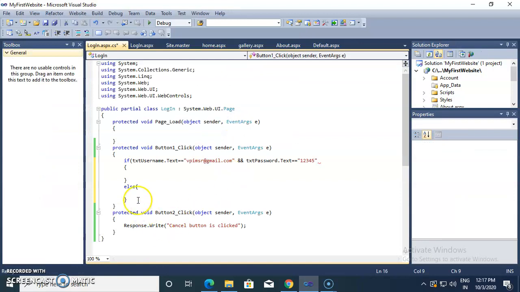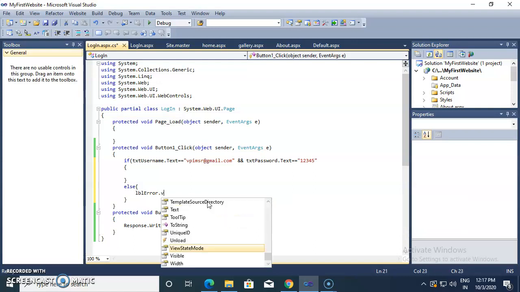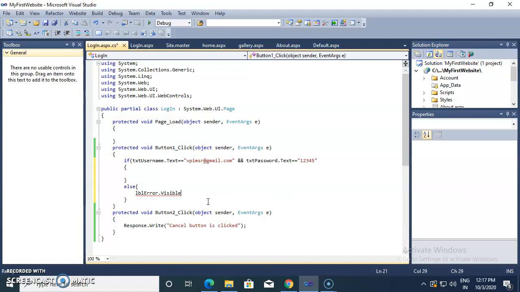Now inside the else part I am giving labelError.Visible property equal to true, because I need to show that error message. If the username and password are not like this, then that label will be displayed.